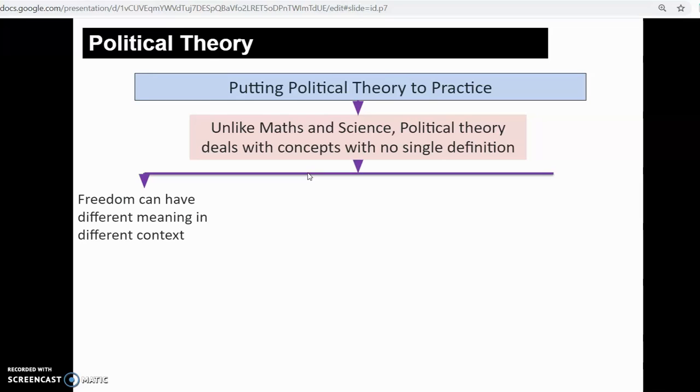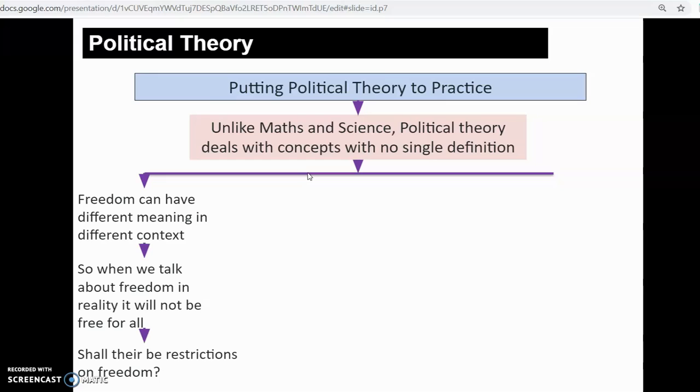So if we talk about the idea of freedom, for us the idea of freedom means absence of constraint. Nobody should stop us from doing anything. But if we consider the idea of freedom in terms of government policies, or in the eye of the government, then the government can't create absence of constraint, right?